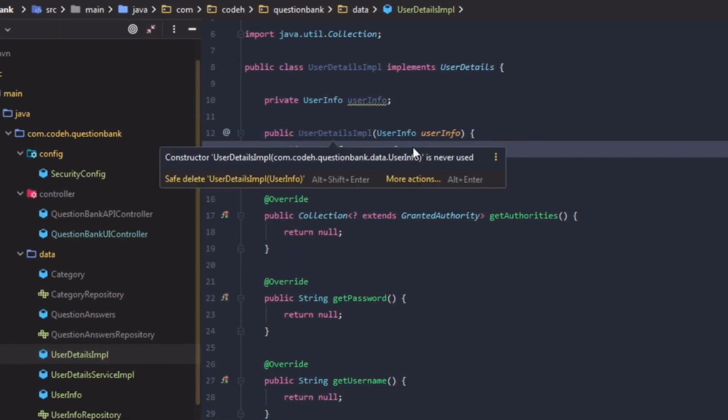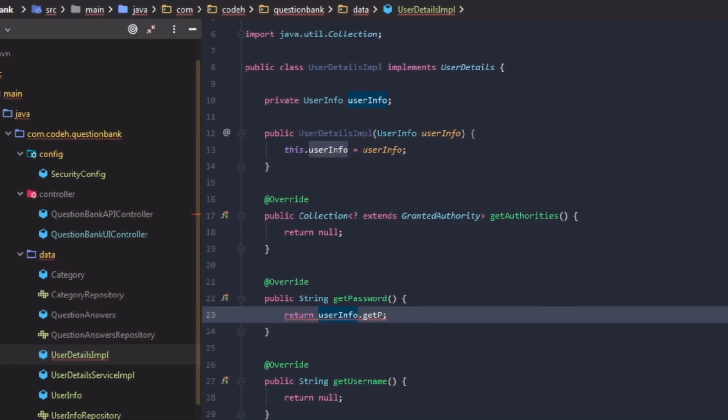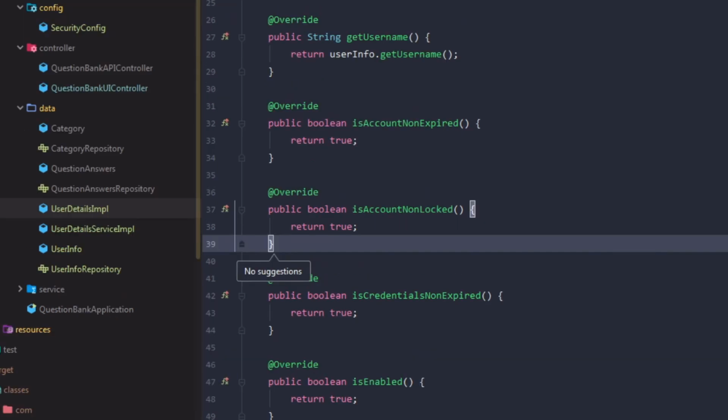All these implemented methods should return a non-null value. The getPassword method of UserDetailsImpl would return userinfo.getPassword, and the getUsername method would return userinfo.getUsername. The rest of the methods like isAccountNonExpired, isAccountNonLocked, isCredentialsNonExpired, isEnabled are hard-coded to return true.